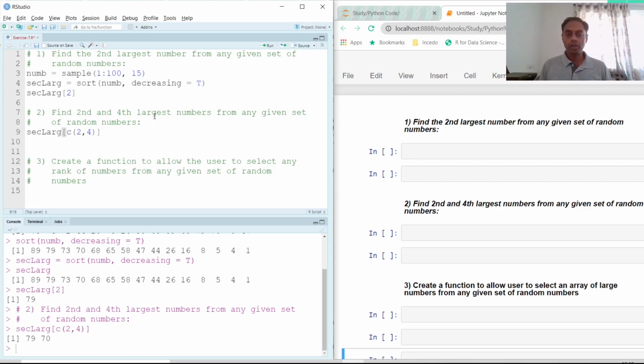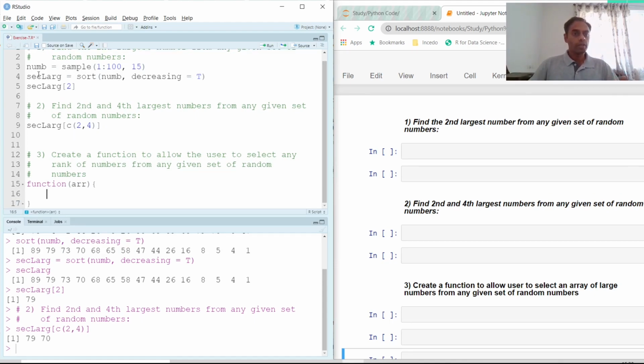So let's try to generalize this by creating a function so that we give the freedom to the user to select anything. Whichever index that he wants to extract from this list, he would be getting that. So that is what we are trying to solve from the third question here. And how do we create a function? To create a function, we use the keyword function here. And inside the parenthesis, pass an array inside the function, open for the user to enter. So let's keep the name here as ARR. It could be anything, but let's just give the variable name as ARR. And now inside the curly braces,